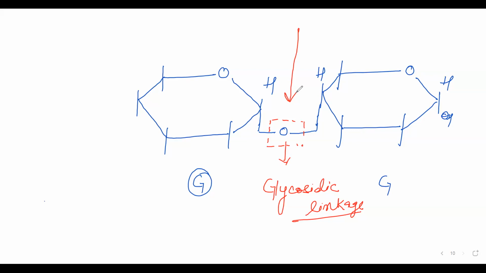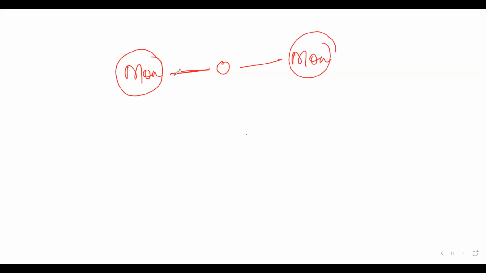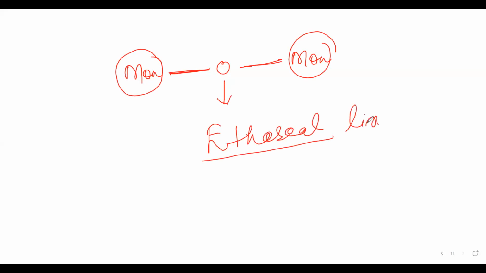समझ आ गया सबको ग्लाइकोसिडिक लिंकेज? Yes, sir. ओके. तो जब ग्लाइकोसिडिक लिंकेज का क्वेश्चन आता है, इसके ऊपर मार्क्स मिलते हैं क्लास, मतलब हम मार्क्स देते हैं अगर बच्चा ये लिख देता है. क्योंकि इधर एक ग्लूकोज का यूनिट है, you will say it is a monosaccharide here, it is another monosaccharide here. सो दो मोनोसैकेराइड्स को जो ये लिंकेज ज्वाइन करती है, we call it as, so लिखना definition, ethereal linkage, because this is ether group,